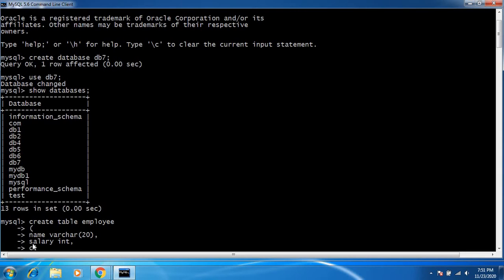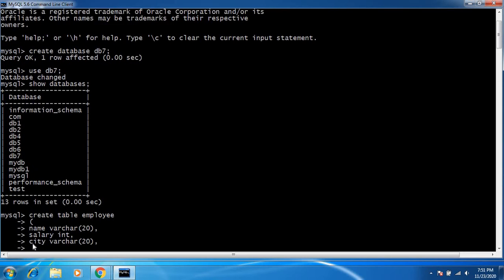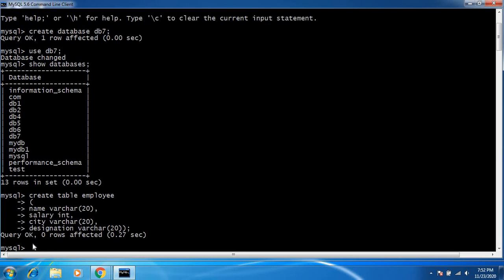The third field is city. The fourth is designation. So I created 4 different fields. So after typing, just press enter. So a new table is created.